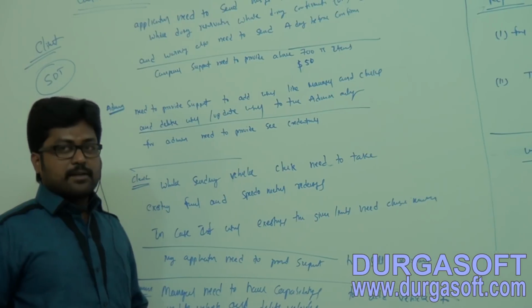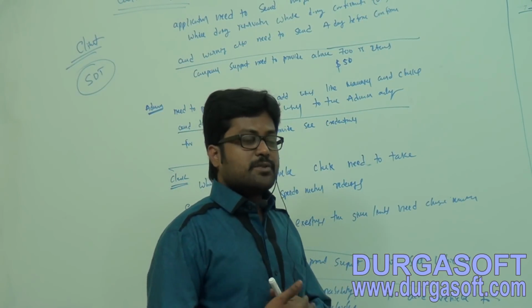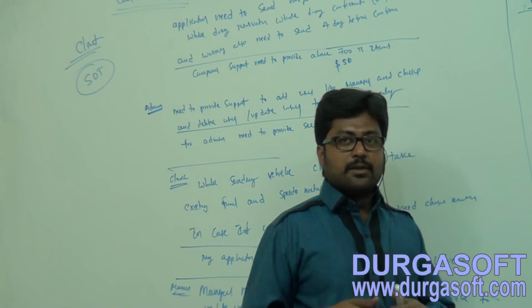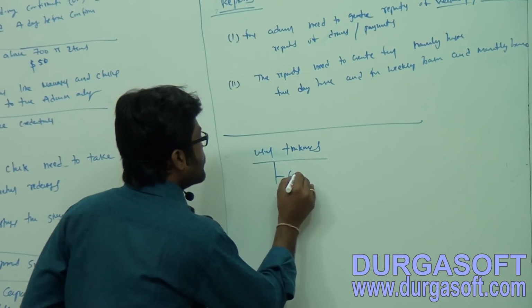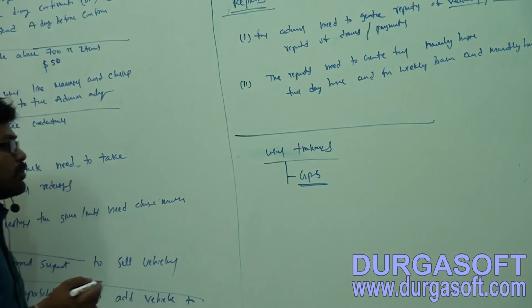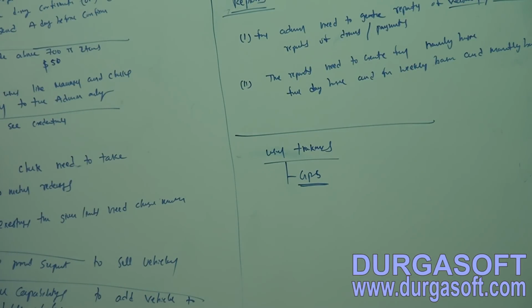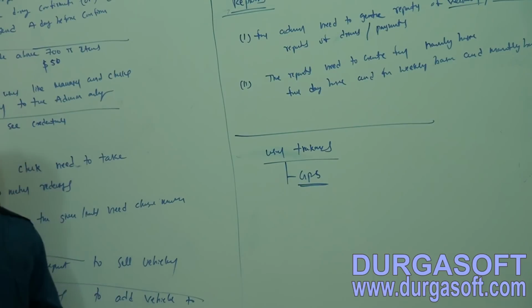Here, yes, you can ask as a client. To provide that support, we can charge more. So he can also ask for GPS system support. Okay, in our requirements I'll put user tracking through GPS. GPS means global position system. By using GPS we can track, so the tracking also you can take if possible. As a client he may ask for user tracking through the GPS. And what else can we ask as a client? Anything else?